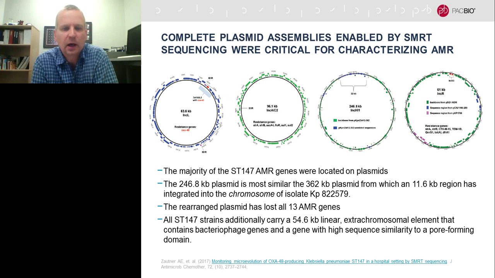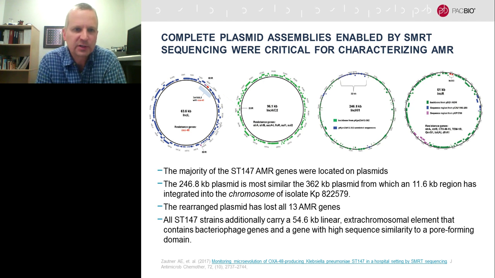So here you see that with PacBio, it is possible to completely sequence and assemble these very complex plasmids, which is enabled by SMRT sequencing. This was critical for characterizing the AMR, the antimicrobial resistance. The vast majority of antimicrobial resistance genes are located on plasmids, and you can see the rearrangements and additional extrachromosomal elements that can come through bacteriophages and genes with high sequence similarity that change the properties